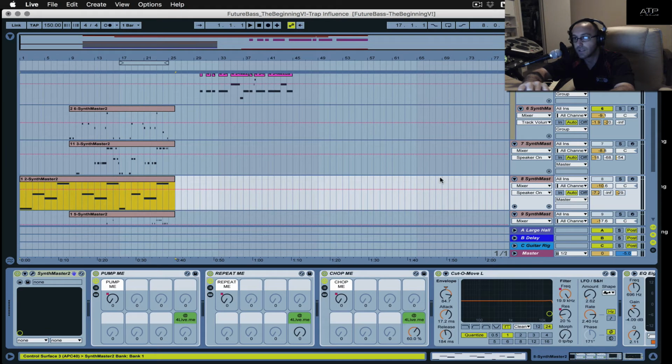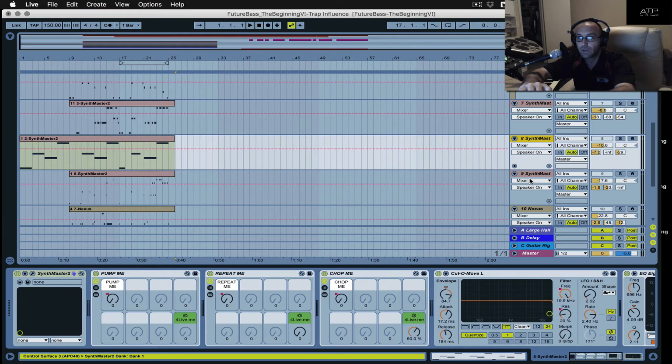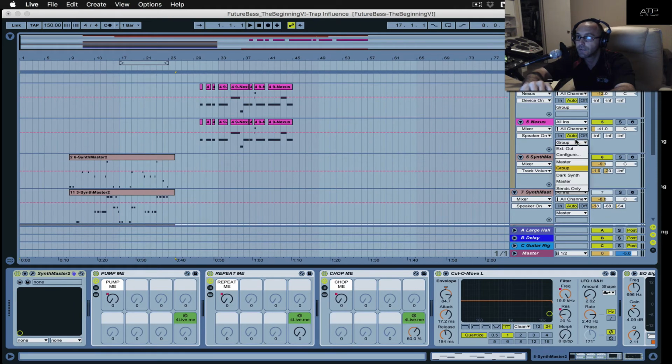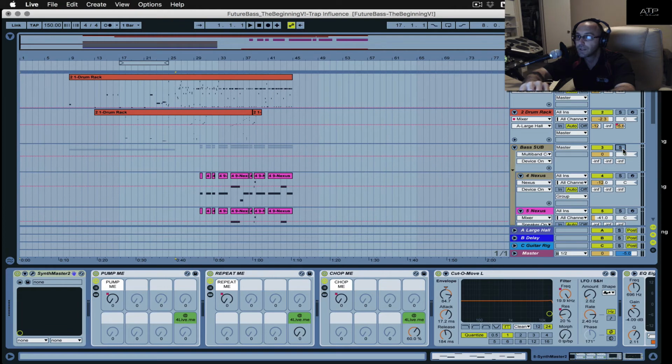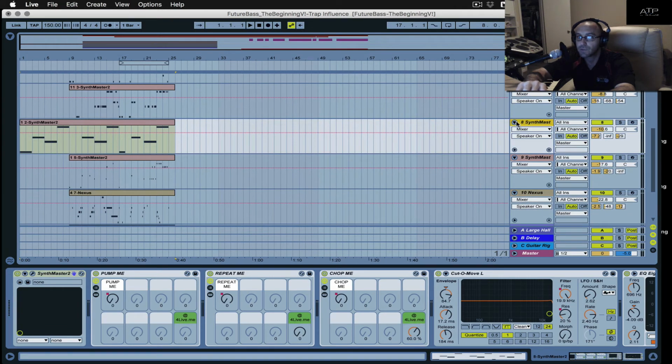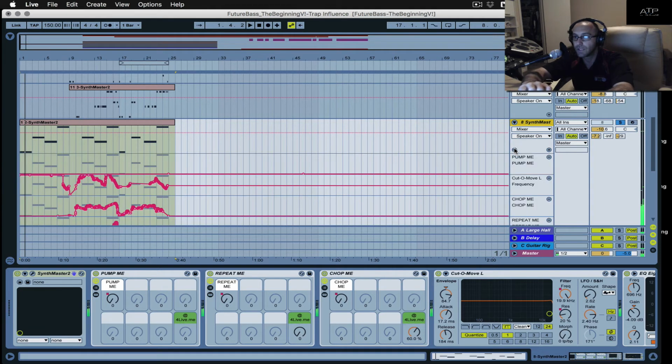Also, some of these synth chords that we have going on in here. Let's cover some of that and take this out of here. Show you guys what I have going on here too. So here's a Synth Master plugin that I used to create the chords. And what I also did was